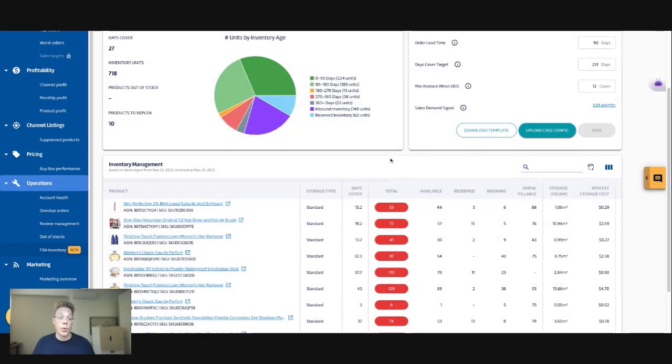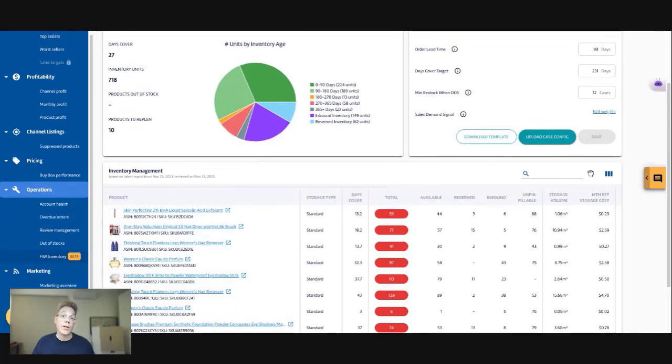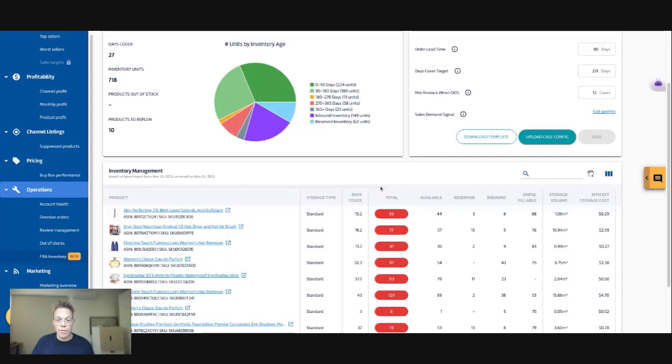The second thing I wanted to point out is that this is not a real-time report. Amazon provides us with this data on a weekly basis, so it typically gets updated on the weekend. Mondays typically represent the most accurate snapshot of this information. If Amazon does update the frequency of this report from weekly to daily, we will be sure to let you know. So that gives us an understanding of the current inventory levels.